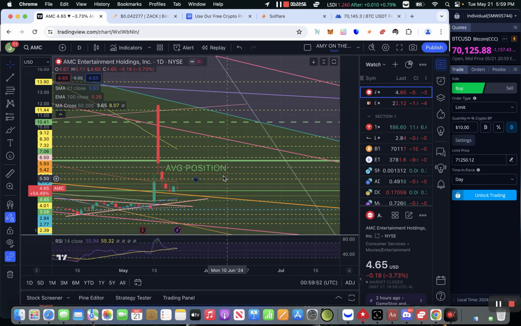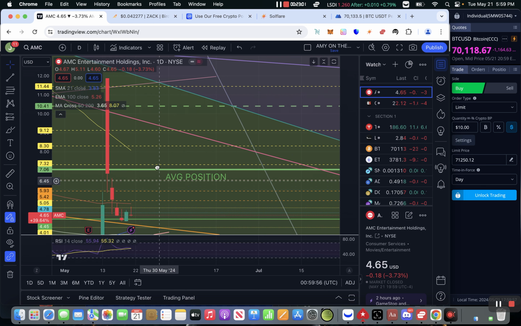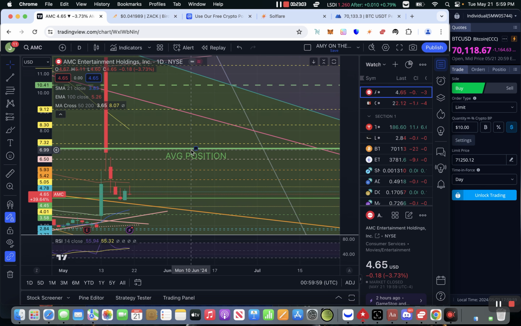This is going to be the play right here. So we have a window of time here, which we can play this out, and then it'll start going up. Anytime from now to July 10, which is plenty of time to do whatever it needs to do. If it's going to go sideways, maybe dip down, and then start doing its thing. But this line is important, this line is important, this line is important as well.